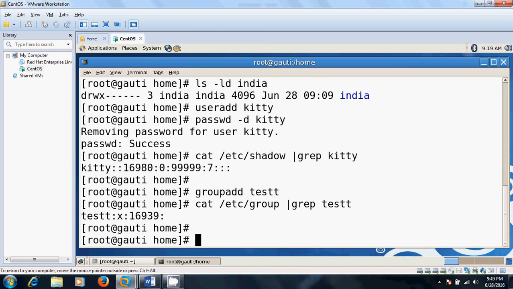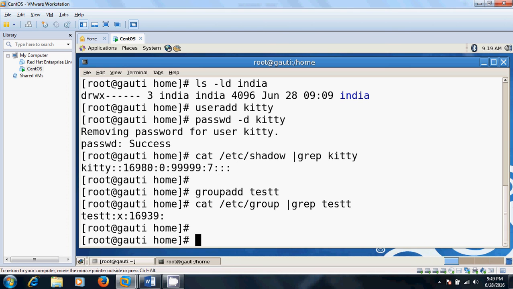First one is usermod, which is used to modify a user account. Second one is useradd, to create a user or system account, and third is userdel, to remove a user or a system account.